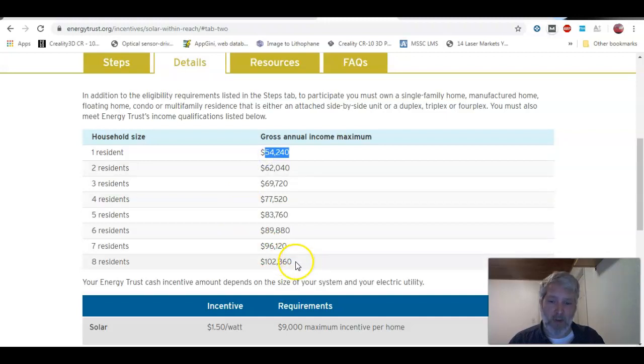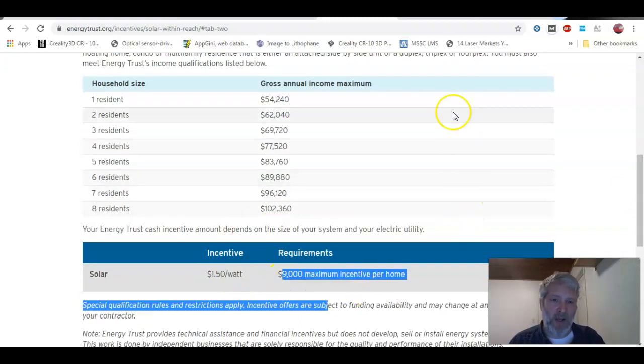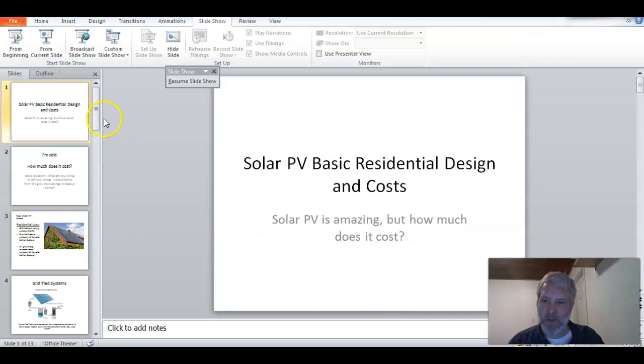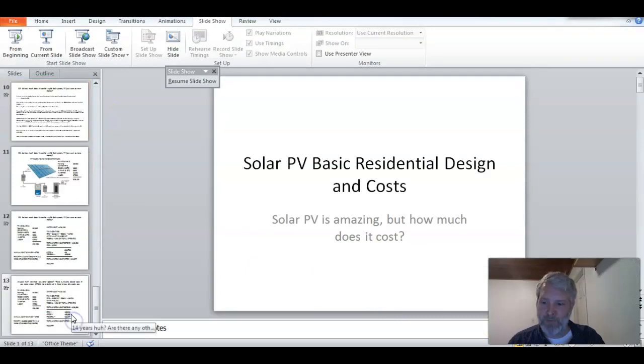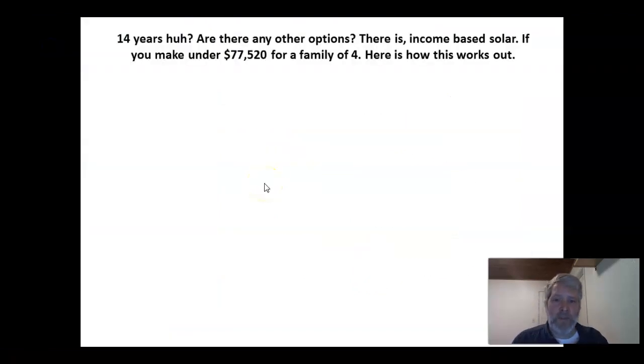have a whole heap of kids, you can make up to $102,360. And then it's $1.50 a watt instead of the 30 cents a watt, and a maximum of $9,000 for that system. So we'll go back here and I'll show you the updated amount. Okay, so as we go through here, if you make under that $77,520 for a family